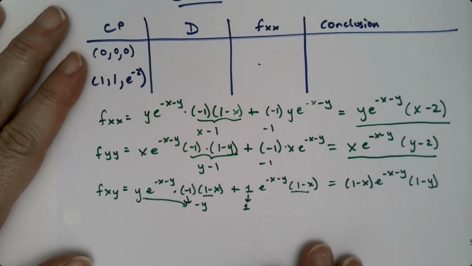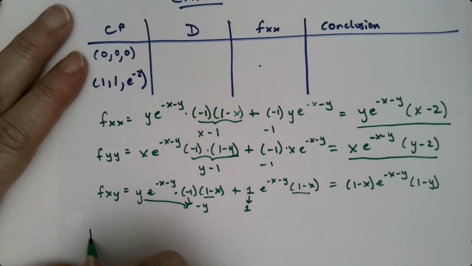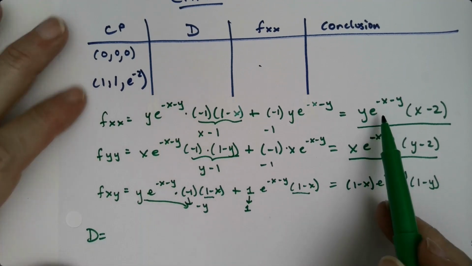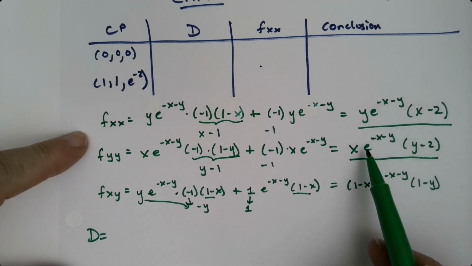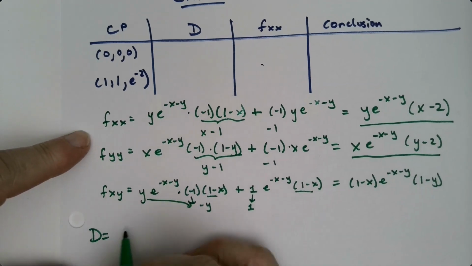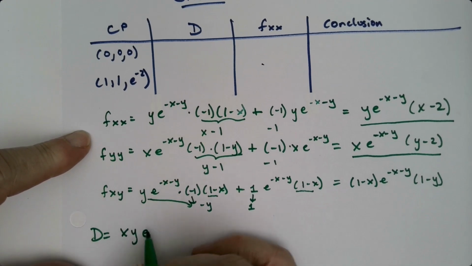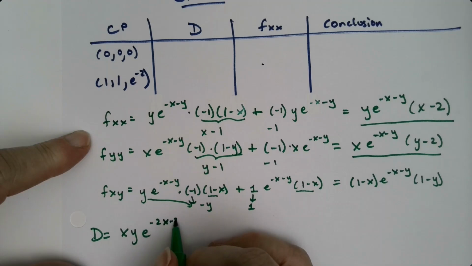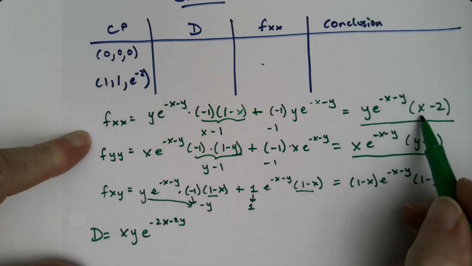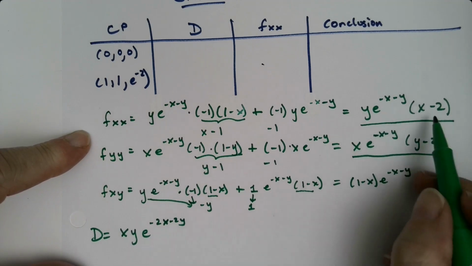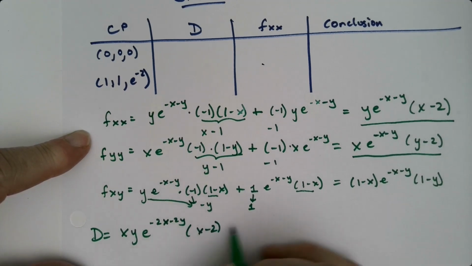Oh boy. Okay, so what is D? D is fxx times fyy, which is x times y e to the, here let me write it, xy e to the negative 2x minus 2y, because if you multiply these you would add the powers, times an x minus 2 times a y minus 2,